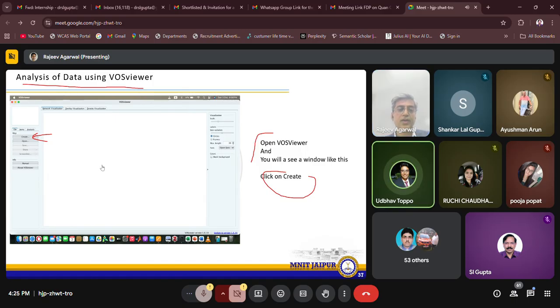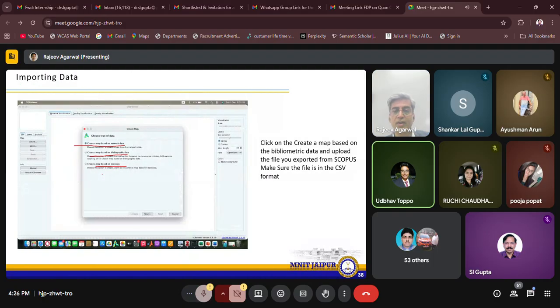my question is, if I'm using papers from different databases. Actually this will take only certain keywords. You need to import the data. Just now I have shown this one importing database file. The CSV format has to be there. No issue, let's say I have created it in a RIS file. I got it. Udbhav is saying that you have a number of databases.